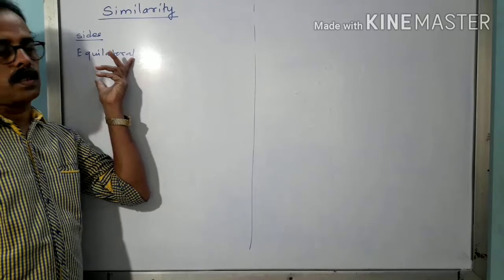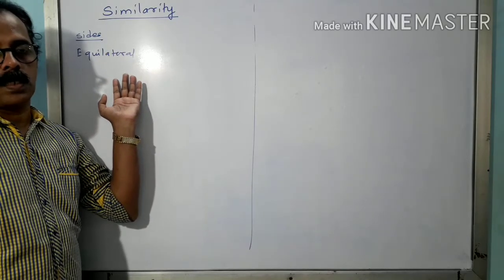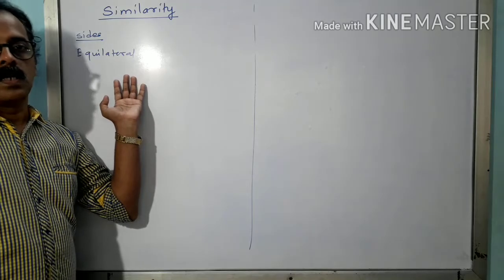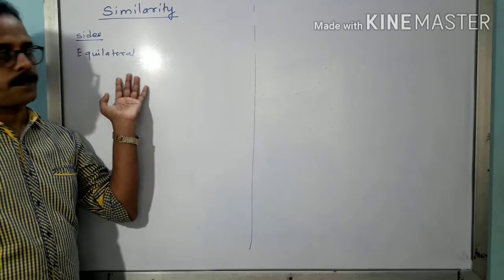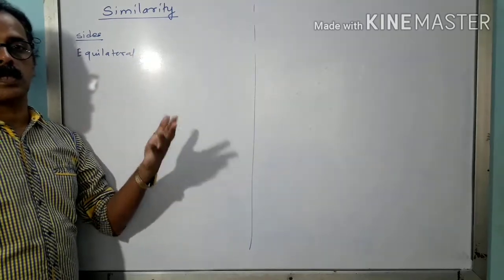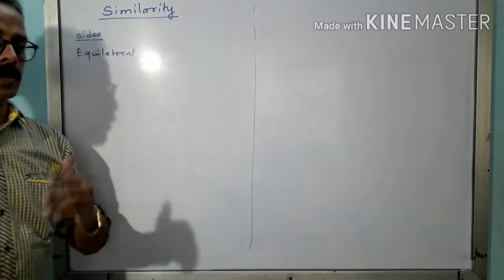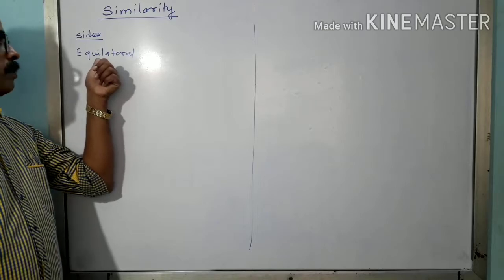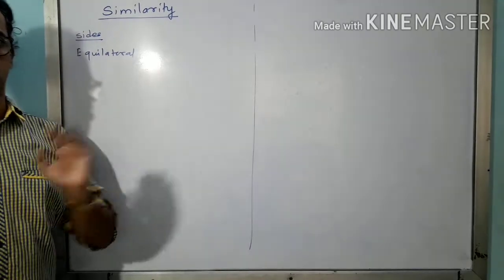Again, keep in mind, they will not exactly ask the question based on this, but these are basic ideas that you are carrying forward till 12th standard minimum if you are carrying your science as a career. So equilateral triangle. Try to list the properties, try to find out the properties from your previous books or previous knowledge. Equilateral, equi means all, lateral means side. So we can say that all sides are equal.